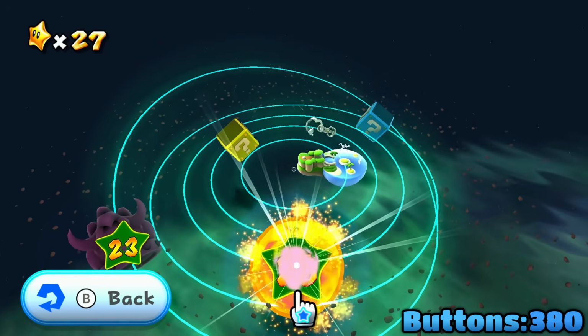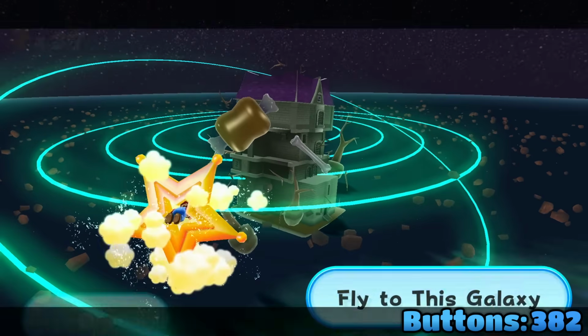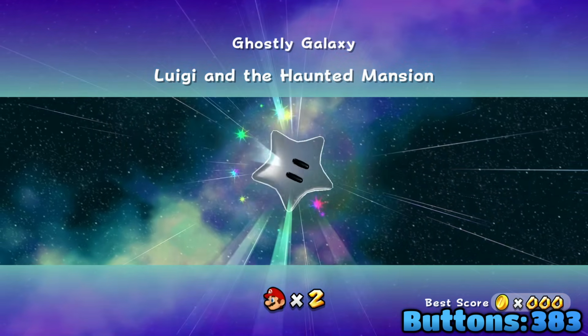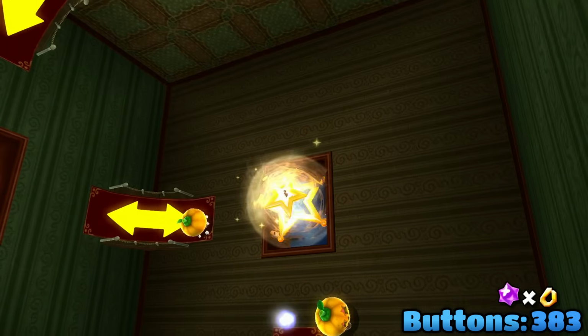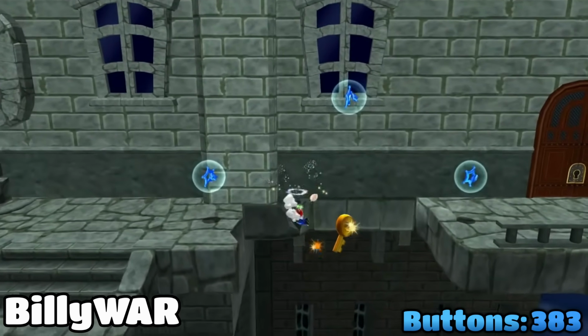Use the pull star, unlock the Ghostly Galaxy, select it, fly, and select the Luigi in the Haunted Mansion star. After making our way towards the mansion, we lure this boo into the light to get a key, collect all the star chips to use the launch star, and then do this insane mid-air spin trick to grab another